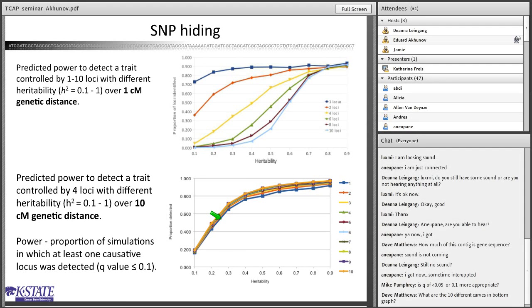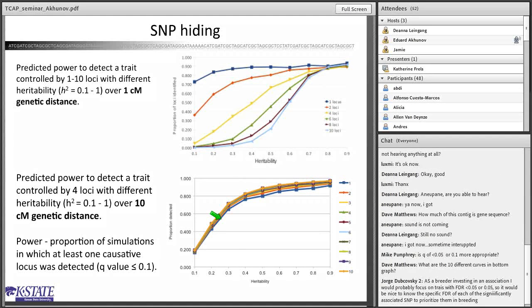I just need to refresh this simulation. Frankly speaking, I do not recall that. But I think that this is the window. These are the different windows that we tested from 1 to 10 centimorgan. Okay, so I'll just keep moving, and then if the questions come up, I'll